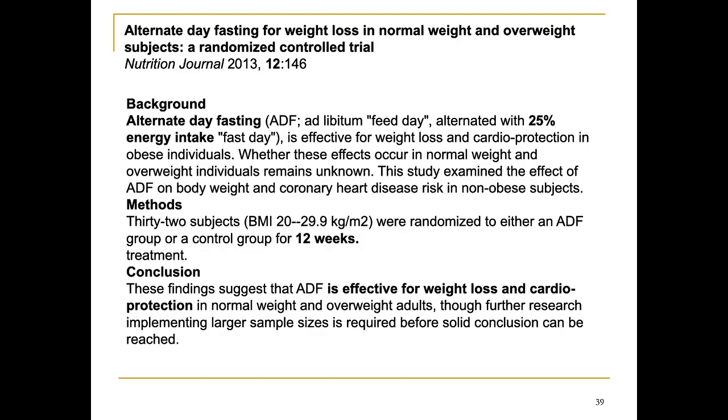Something that does work is something called alternate day fasting. For obese people, you have a regular day where you eat a reasonable amount based on a recommended calorie amount for you, alternating with a fast day where you take in a quarter of the normal amount of calories, but not 0 calories. This will be effective for weight loss and cardio protection in obese individuals, because you will basically